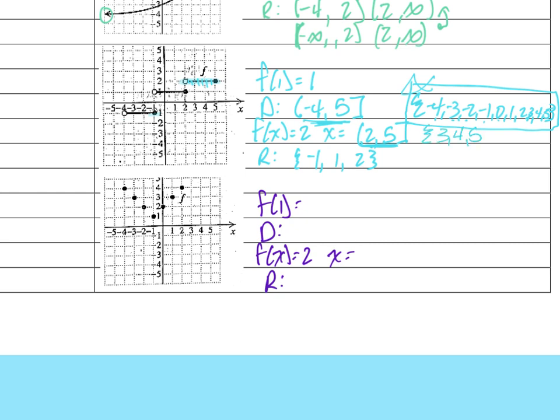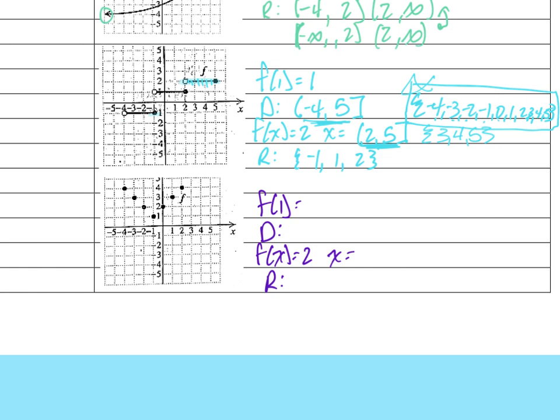They wrote 3, 4, and 5. So it's not only 3, 4, and 5. It's 3.5, 4.5, 3.25, 3.75, every single number between there. And it's also 2.5. So it's everything in between there. So I want to write that as interval notation. Okay? And then